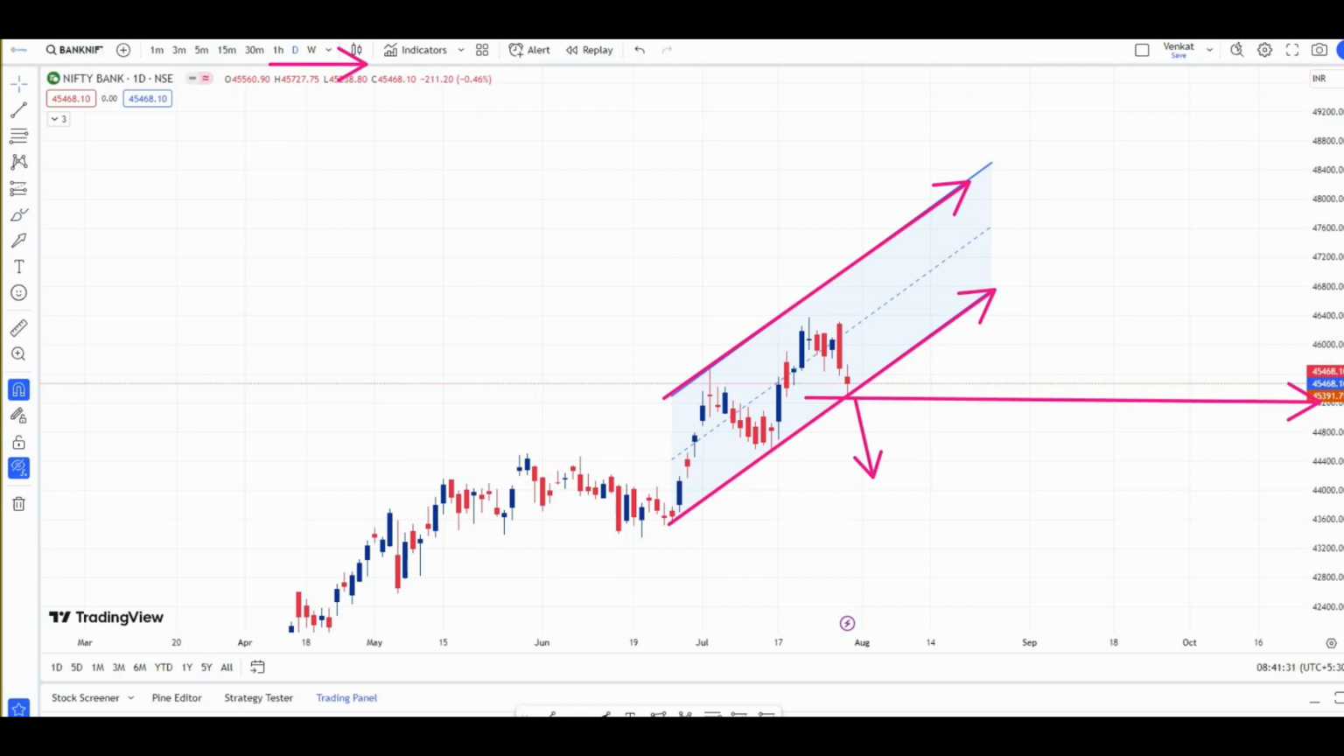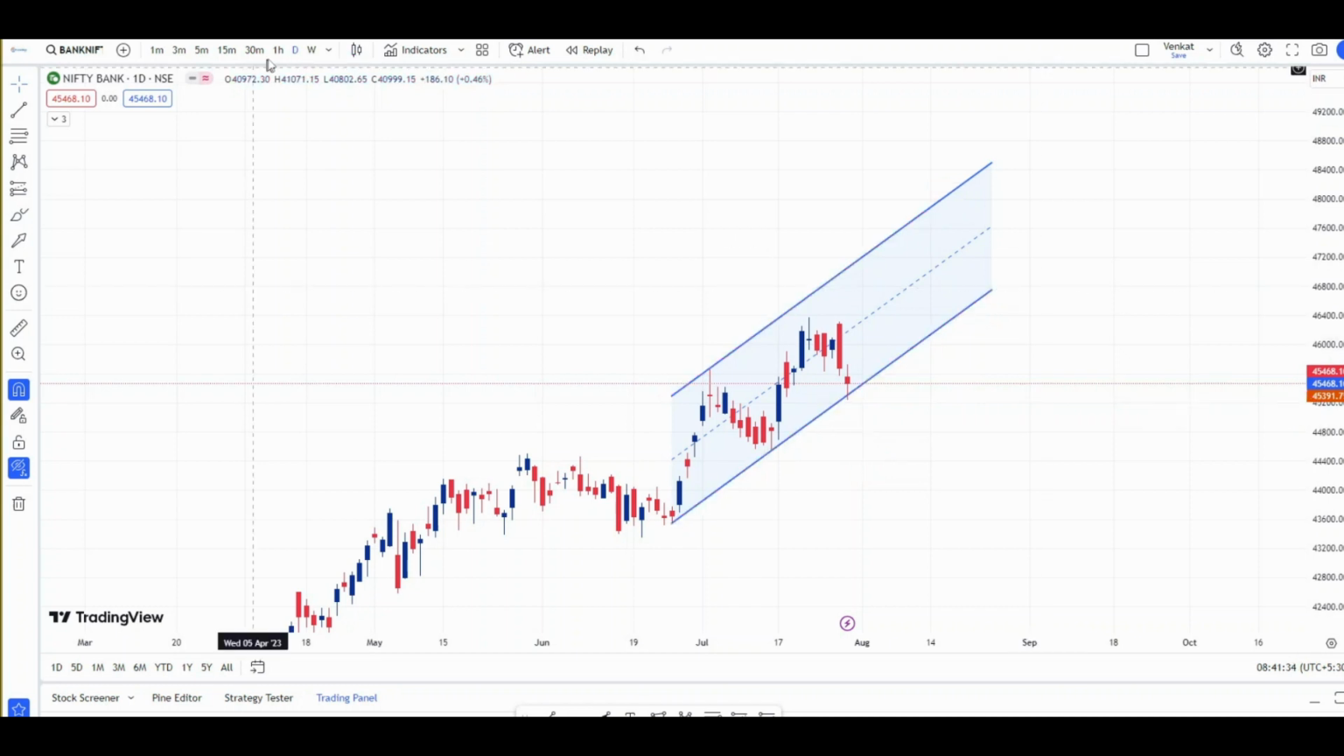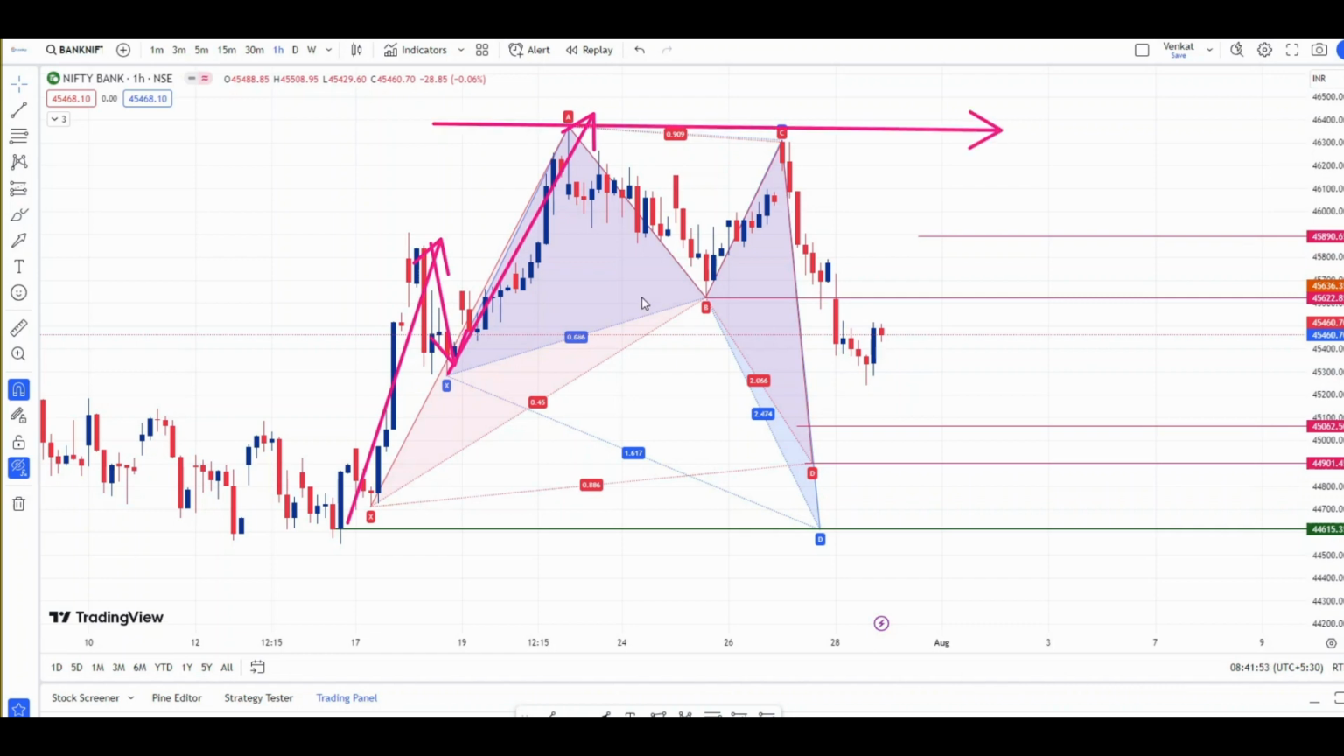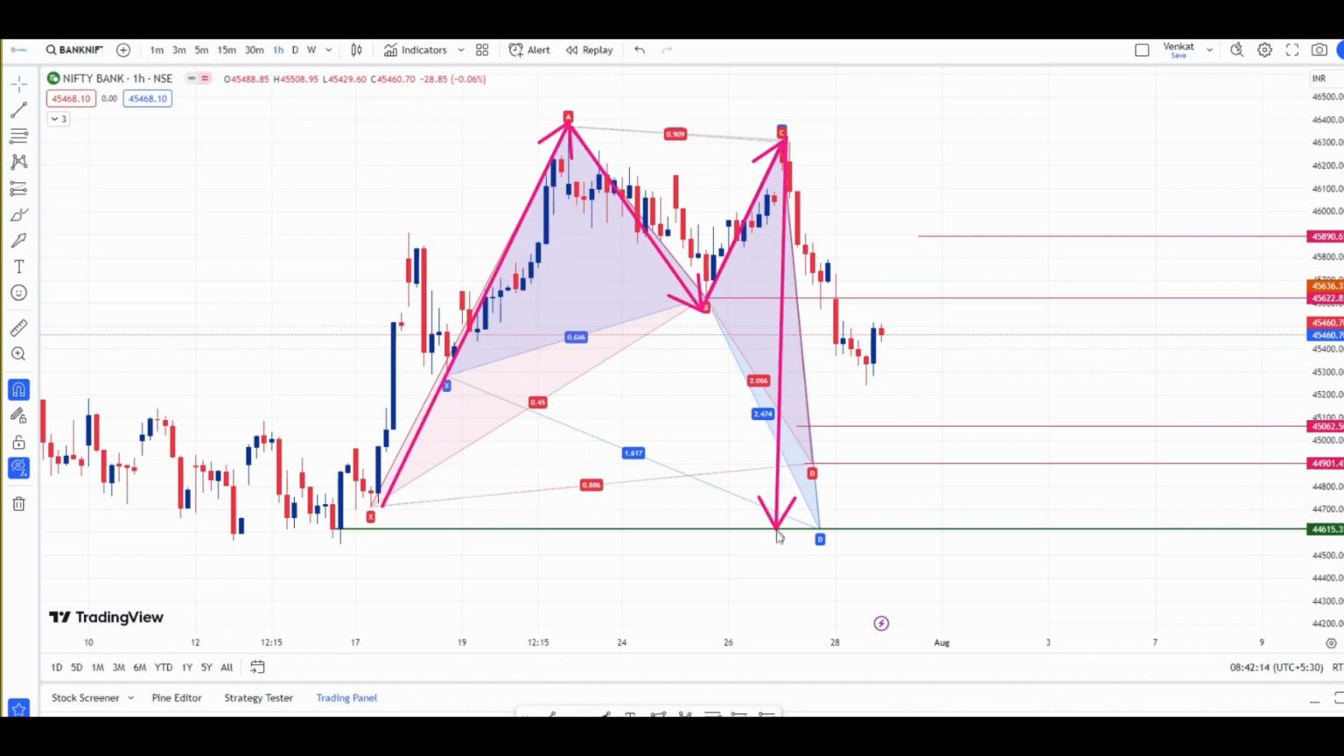Now let's shift the time frame to hourly and see the important levels for Monday's trading session. Here you can see two XABCD patterns, which were activated in the last trading session. This is the hourly chart. Here you can see impulse, correction and impulse. Here Bank Nifty stopped making higher highs, and it has also given a breakdown of its hourly swing low, which is near 45,600. Below this level, below 45,600, this XABCD pattern got activated, and now we are seeing a pullback of this